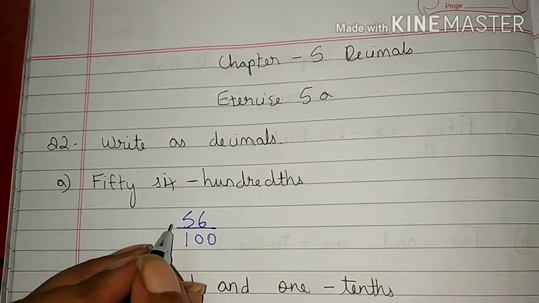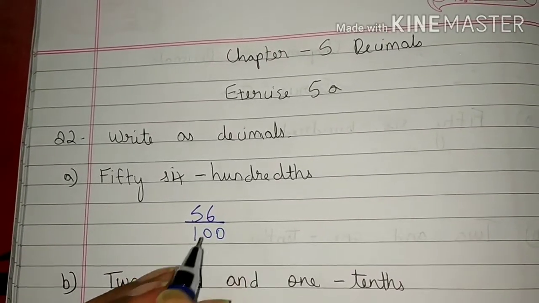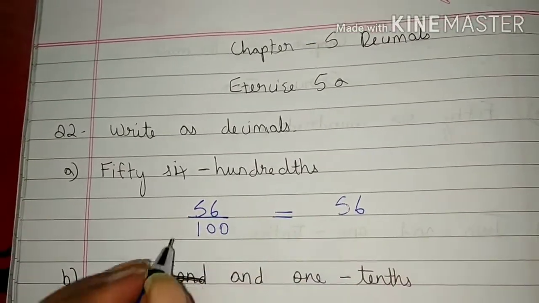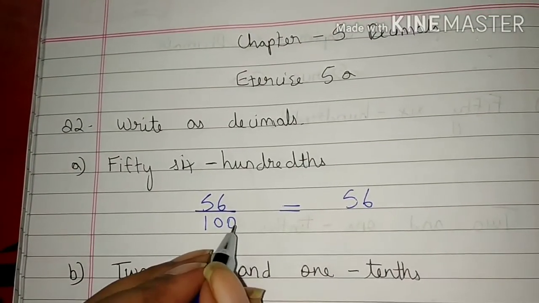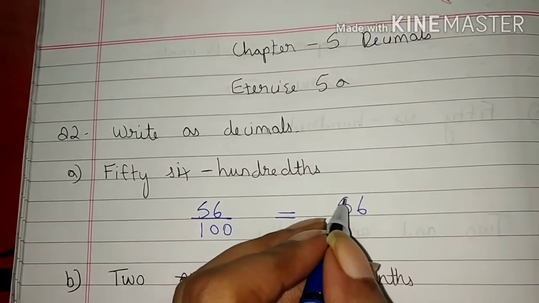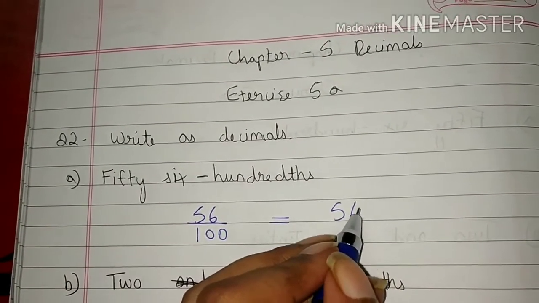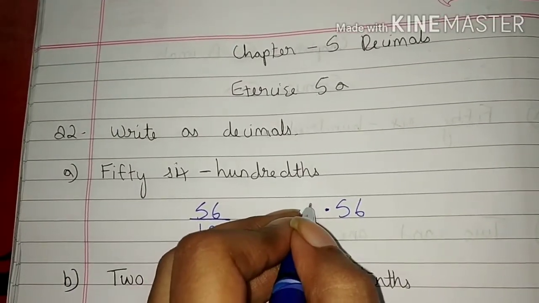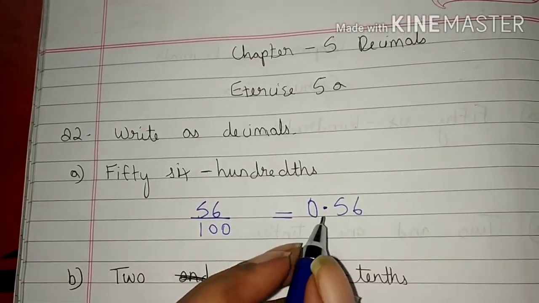So students, you can see here numerator is 56 and denominator is 100. Now students, we will write the numerator 56. After that, we will count the number of 0 in the denominator place. Students, you can see here 0 is written 2 times. So we will come to the numerator 56 and starting from the right hand side, we will leave 2 numbers and then place a point here and then write 0 here. So students, 0.56. This is your answer.